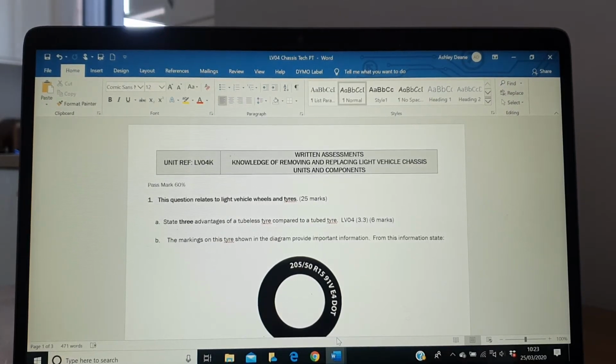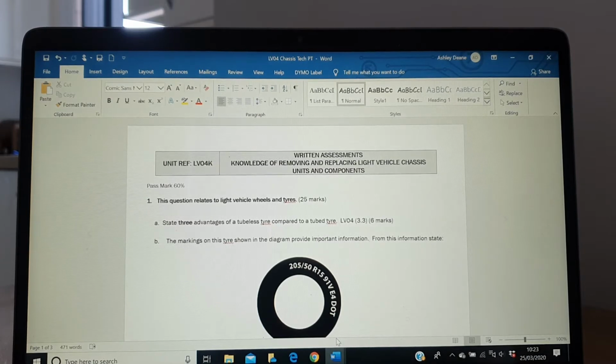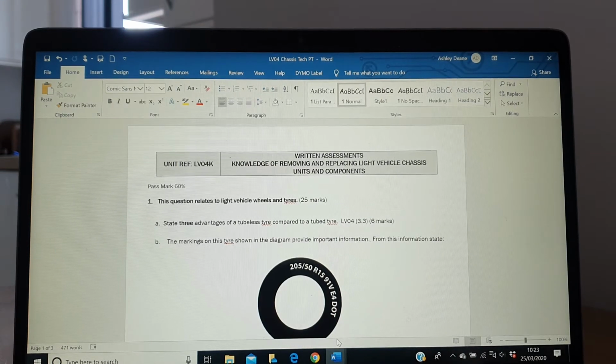So this video is for the level 2 apprentices, year 1. I've emailed all of you this phase test, which is the knowledge of removing and replacing light vehicle chassis units and components. So we've done a little bit of work on this, but I haven't given you a lot of resources. So what I can do is, if you need them, I can send you some resources, but in absolute honesty, a lot of this test and a lot of the things that you're looking at can be easily found